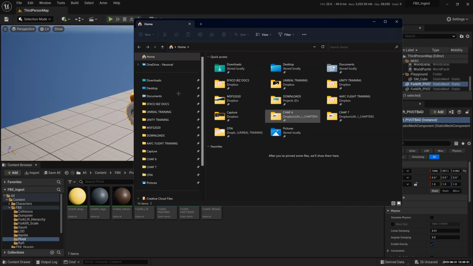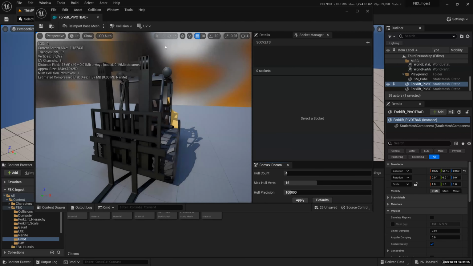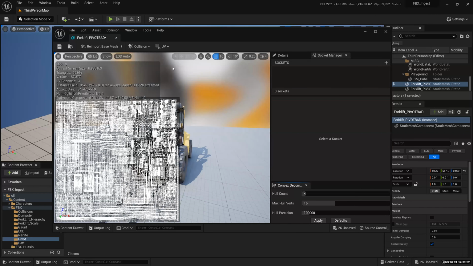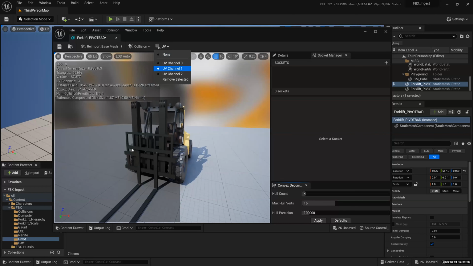Right, Control E. And to show you where it is, it's actually here. If you go to UV channel 0, that is your UV map for texture mapping. UV channel 1 is for light mapping, but this one doesn't have any yet. UV channel 2, there's none yet, okay? Because when we imported this object, we did not tell Unreal Engine to create a light map for me, yeah? If the word light maps confuses you, don't worry. When we do lighting, we're going to talk more about it. But for now, you know where it is.